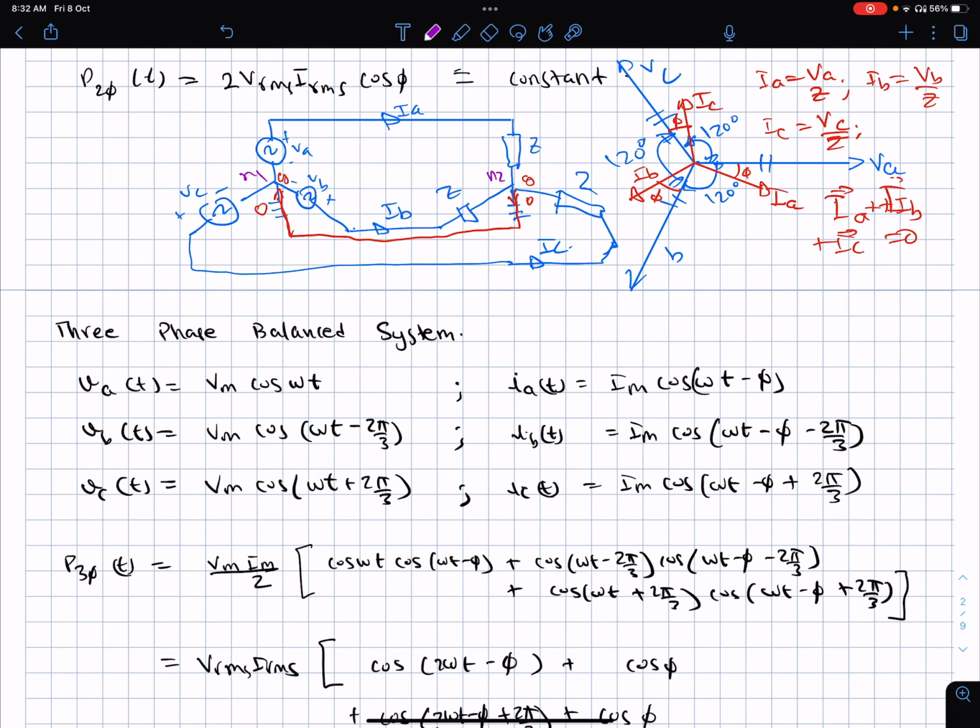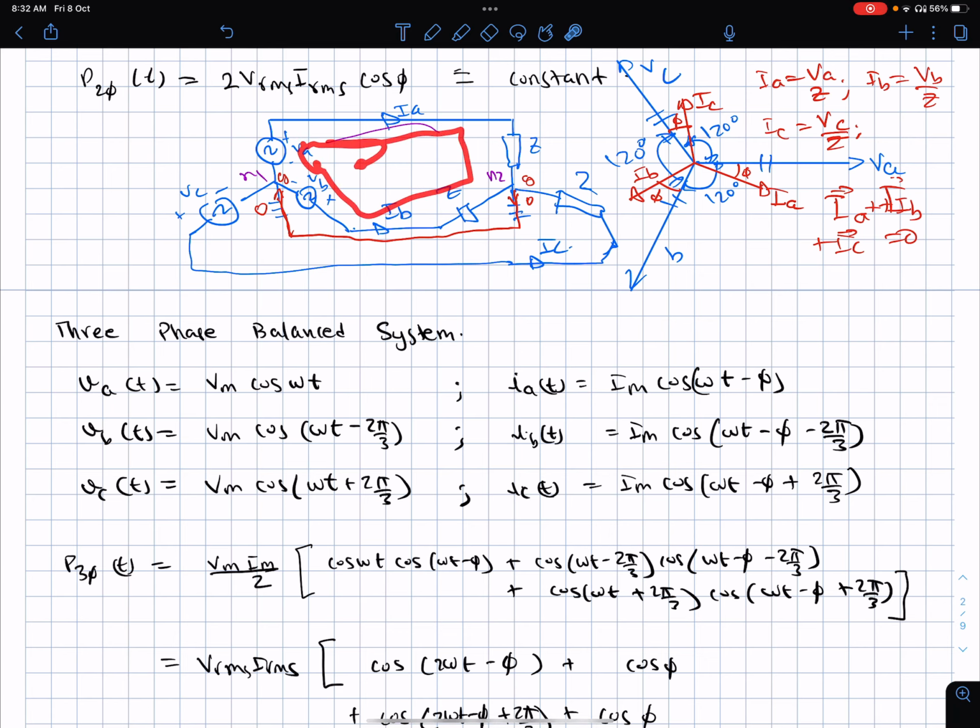And the argument that these three currents are going to be equal in magnitude but shifted by 120 degrees comes from the argument of symmetry. You can put any algebra to it and check that it works out. For example, there are only two things that you need to do. You need to check for KCL, and you need to check for KVL with Ohm's law describing the voltage across the elements as V equal to IZ. So if you do this,